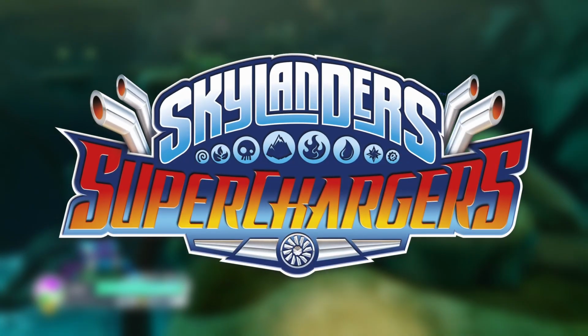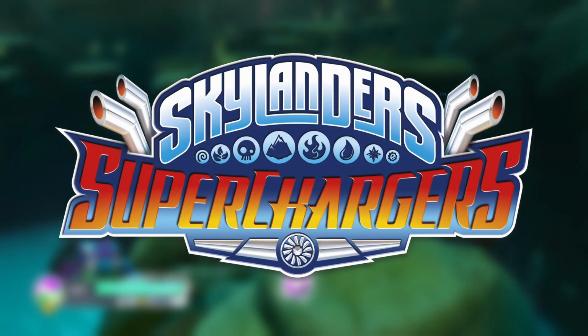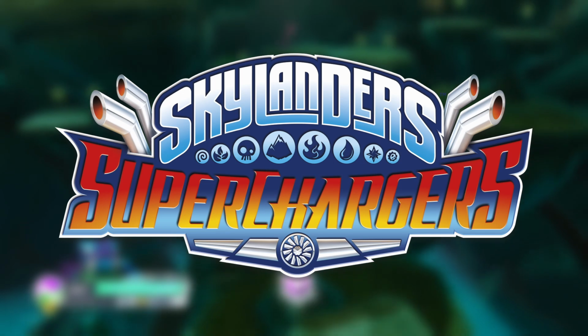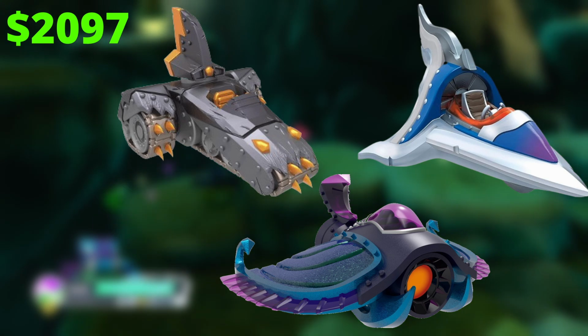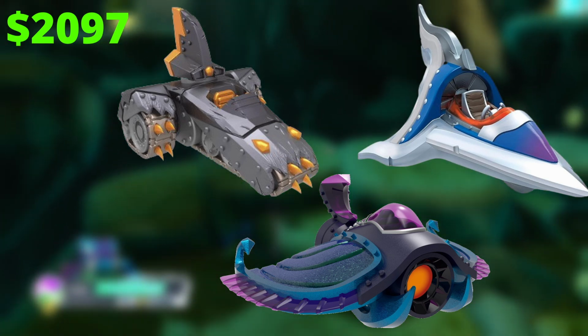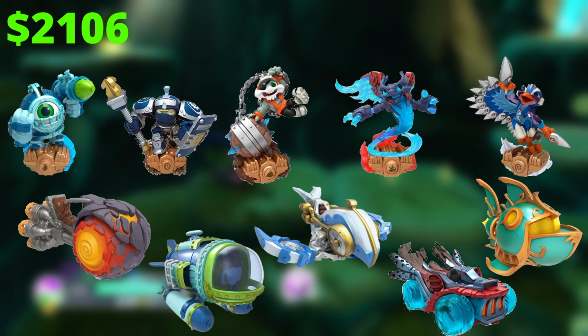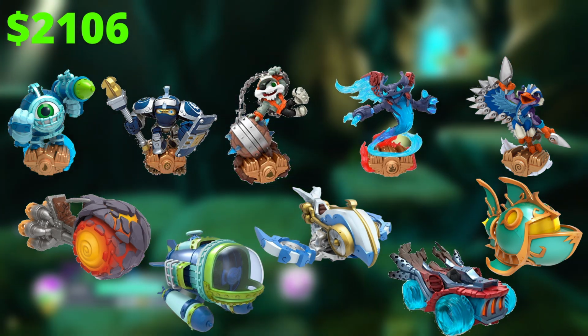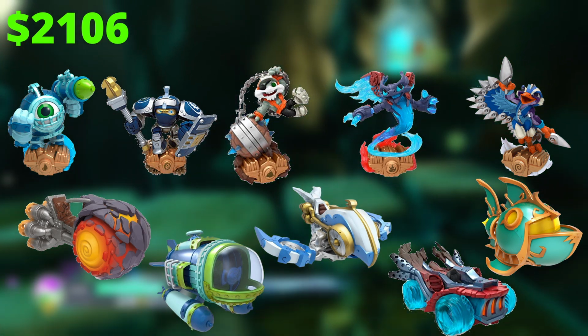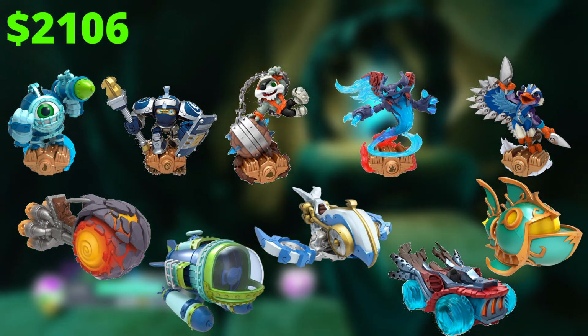For Skylanders Superchargers, you need 20 Superchargers and 20 vehicles. Only 40 total figures to complete this game's collection. Supershot Stealth Elf costs $1. Shark Tank, Sea Shadow, and Sky Slicer cost $3. Dive Clops, High Volt, Smash Hit, Spitfire, Stormblade, the Burn Cycle, Dive Bomber, Jetstream, Hot Streak, and Reef Ripper cost